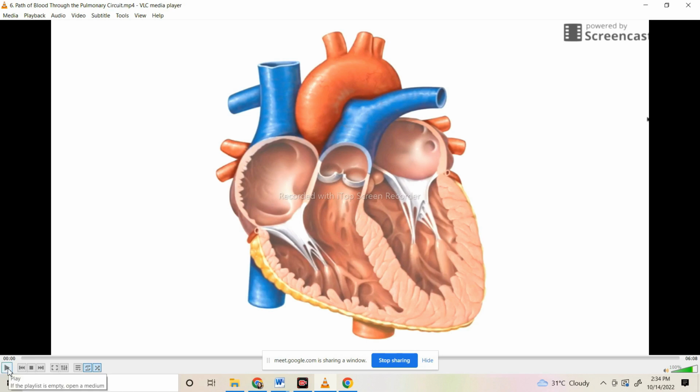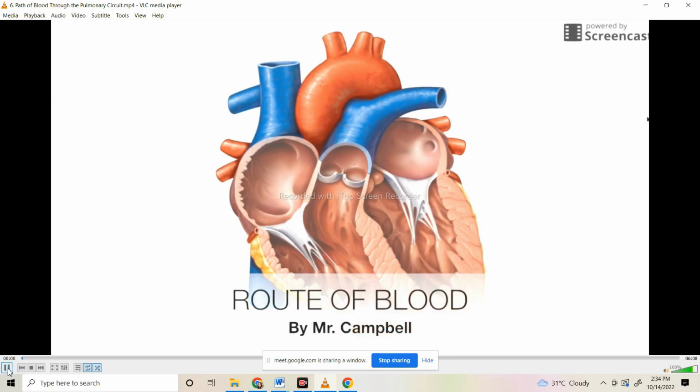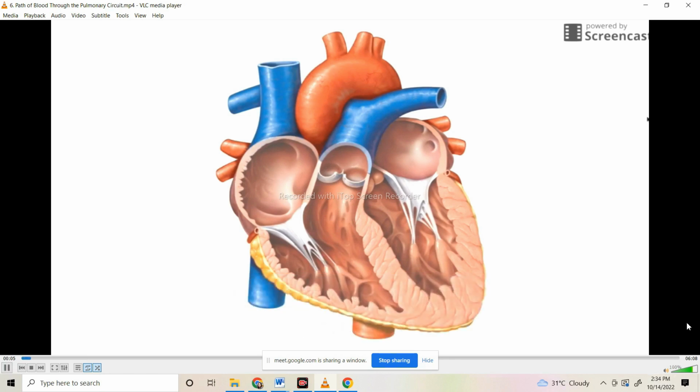Okay? So, let's continue. This is our heart. We're going to take a moment to explore the path of blood through our hearts. And as we do, we'll learn about the anatomy of the heart. Since our cardiovascular system is a circuit, meaning that the path of blood ends where it begins, we could really